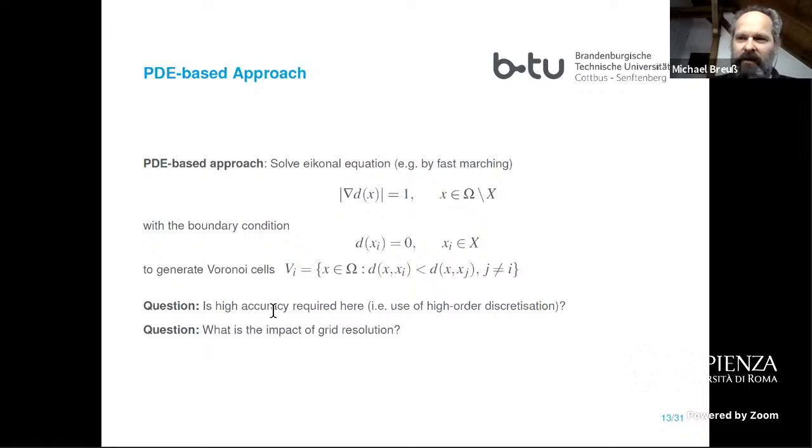And the second thing is, in a practical simulation, in order to build the centroidal Voronoi tessellation, which grid resolution do we really need to impose, and what is the impact, and what are the influences? Many other things that were difficult maybe for the geometric approach are not so difficult for the PDE-based approach, but one has to consider that one needs to make the simulation on probably a very fine grid. And this is computationally surely more expensive.